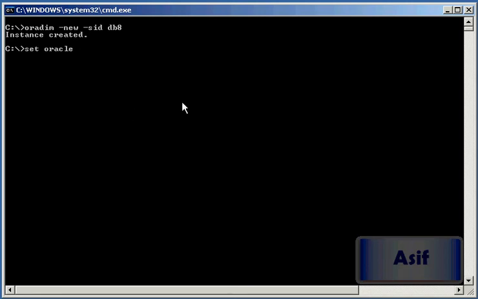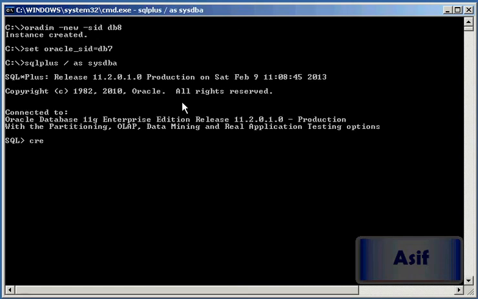Set ORACLE_SID equal to db7, which is our source database. sqlplus / as sysdba. alter database backup control file to trace